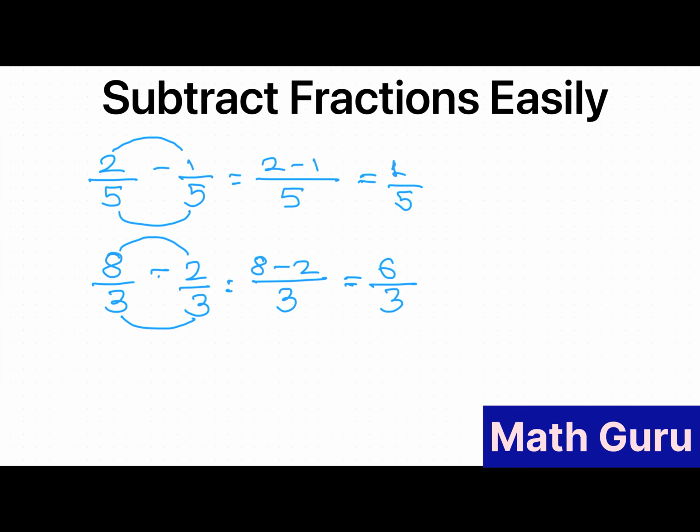But the important part here is, students, many of you make mistake here. Always remember that if these two numbers are coming in the same table, that means you must divide both of them by that number. So you can divide both of them by 3. When I divide by 3, I get 3 2s are 6, 3 1s are 3. So my answer is 2 upon 1, which is nothing but 2.